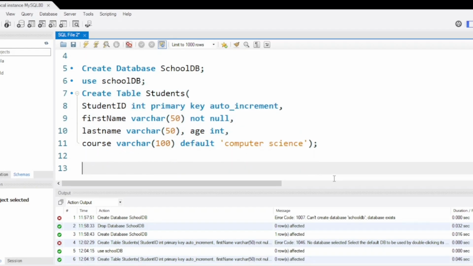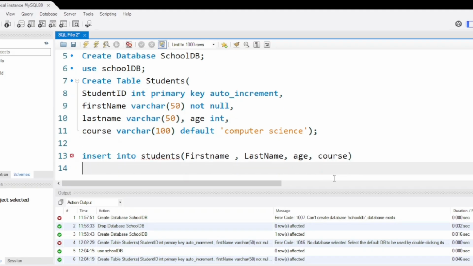Okay, let's move ahead and let's see how we can insert the values or the data inside the database. So let's say INSERT INTO students. What do we want to insert into students? First, we'll signify which columns we want to be touched. So the first column that we want to be touched is first name. Second is last name. And then age and course. And the values should be,